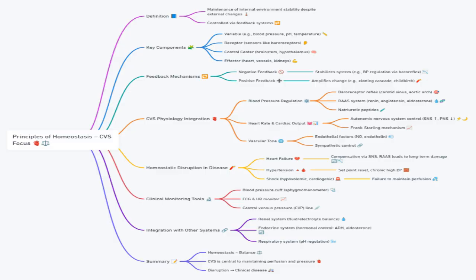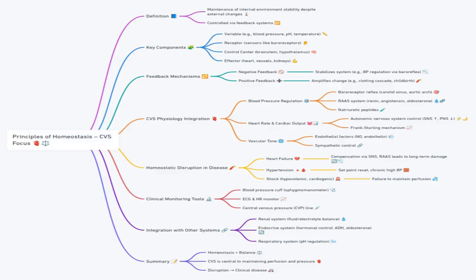Sensors: pancreatic beta cells and alpha cells; integrating centers: the central nervous system and the pancreas; effectors: insulin and glucagon. So the insulin lowers the blood glucose by enhancing cellular uptake, whilst the glucagon raises the blood glucose by stimulating glycogenolysis and gluconeogenesis. When it comes to blood pressure, the sensors are the baroreceptors located in the carotid sinus and